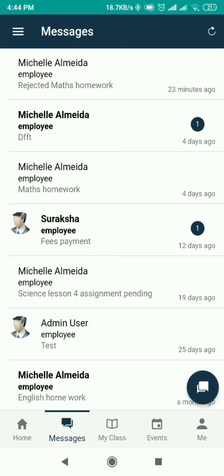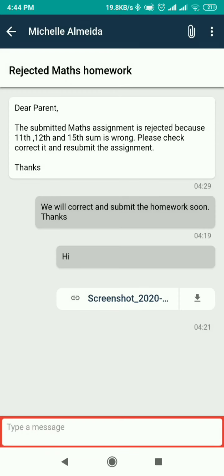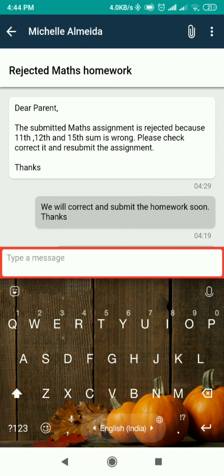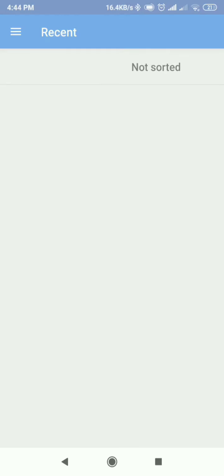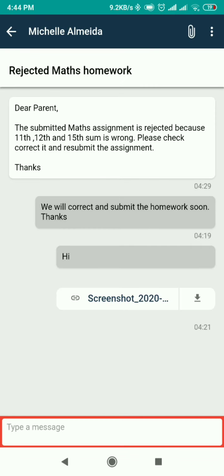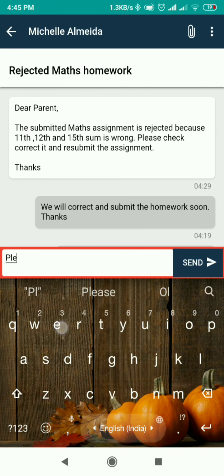Here you can see one conversation. You can type the message and directly send it here. And if you want to attach any files, you can attach them here. But one thing, you can attach a file only up to 5 MB, whether it is a PDF, image, photo or any document, but it should be less than 5 MB. You cannot send only an attachment. You have to type something here, and along with that you can send the attachment like this.